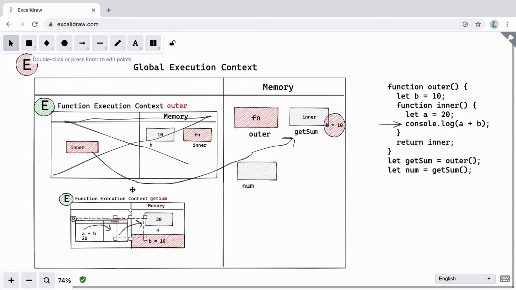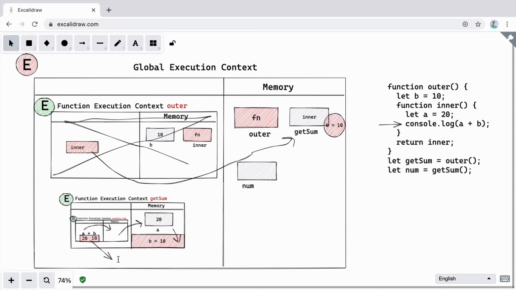We do not. So when we do not see the value, rather than going to the parent, if any function includes a closure, it first goes into the closure. And here we see the value of b to be 10. So finally, we got the value of a and b. Now we will sum them, and the value of a plus b will be 20 plus 10, that is equal to 30. So 30 will get returned from this function.